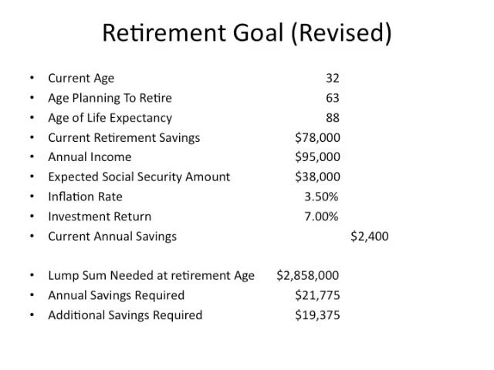Your lump sum needed would go from $1.8 million to over $2.8 million. And the amount you would need to save each year in addition to what you're already saving would go from $5,000 to close to $20,000. So as you can see, if our assumptions turn out to be incorrect, our plans can be way off. And that's why we need to monitor this plan and maintain open lines of communication and to update things as changes would warrant in the future.